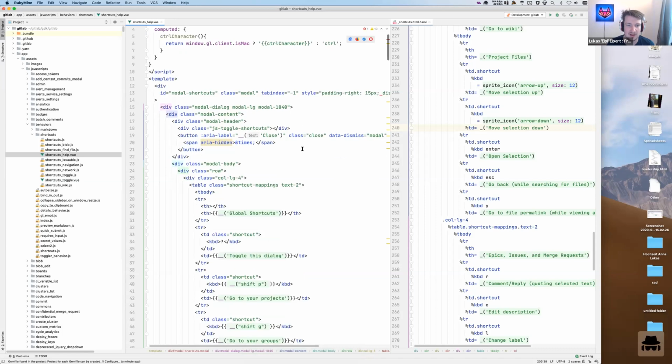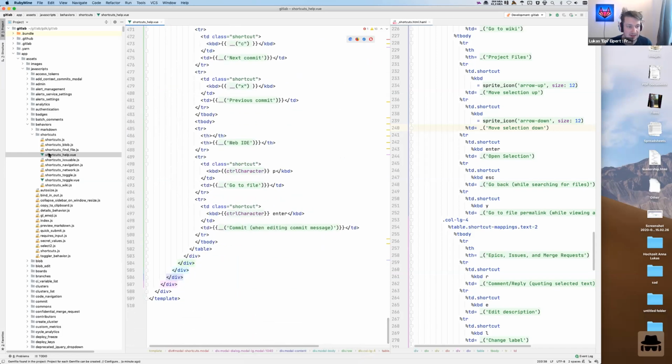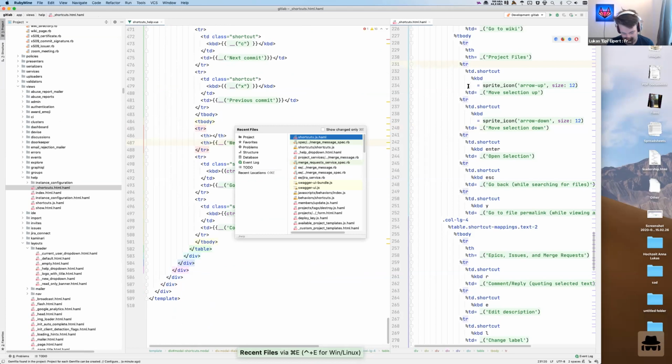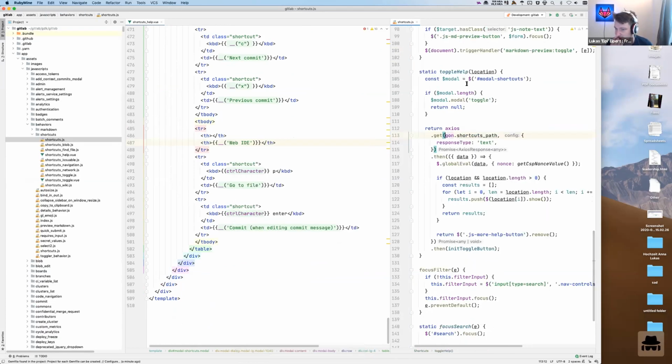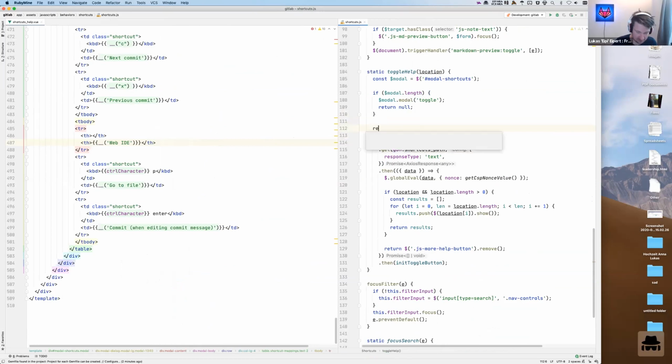Like this should work. Now the question is like, how would we show it, right? If it's a GitLab modal, like in this shortcuts function that does the shortcuts path, right? Yeah, well, we could just do a dynamic import. Yes. Then so you're saying we just do return import shortcuts help, right? Then default shortcuts help essentially, oh, this needs more brackets, right? And then we just do